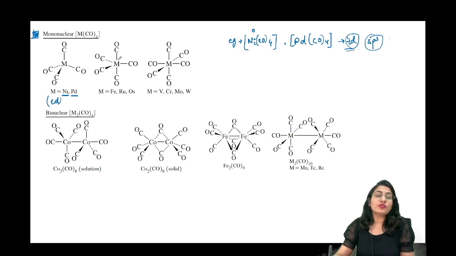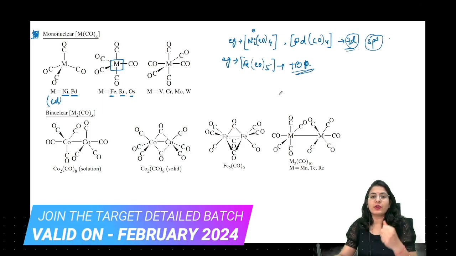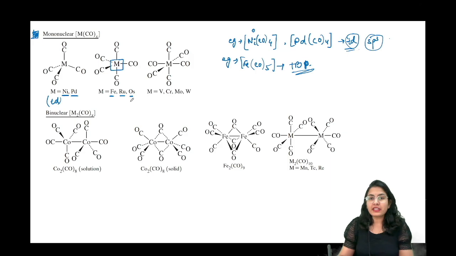Then we move onwards to a pentagonal bipyramidal system. We see that for the iron group, iron, ruthenium, osmium, all of this. Alright, so we say this for the iron, Fe(CO)5. Again, it is an 18 electron species. For all of its group members, it is going to be trigonal bipyramidal system. All right. And yeah, when we move down the group, there is a high chance that the trigonal bipyramidal changes to